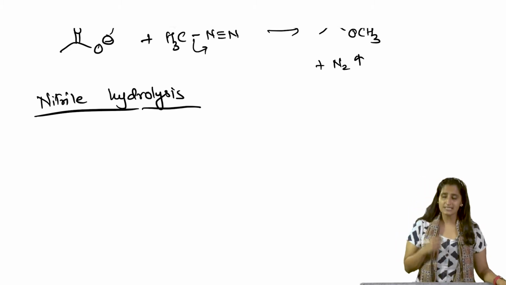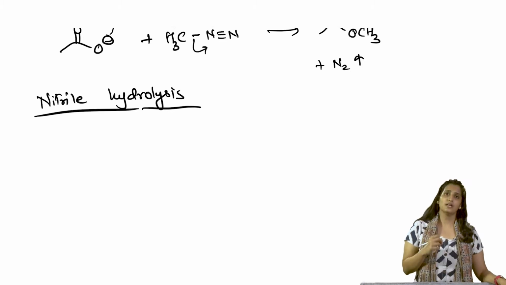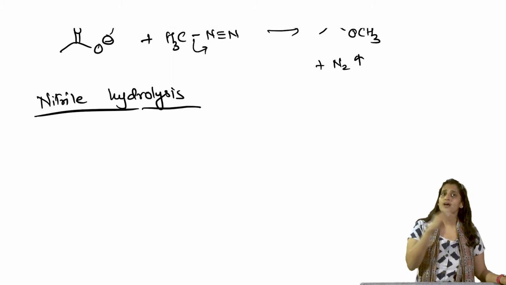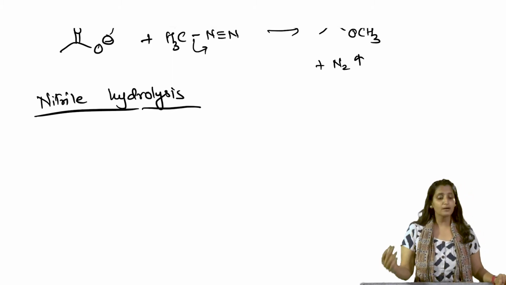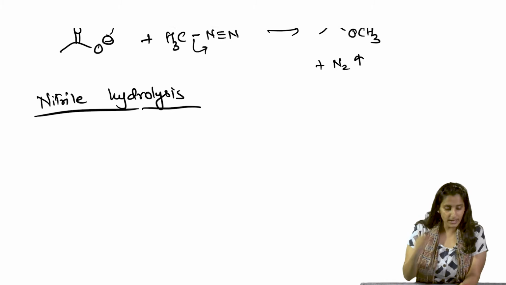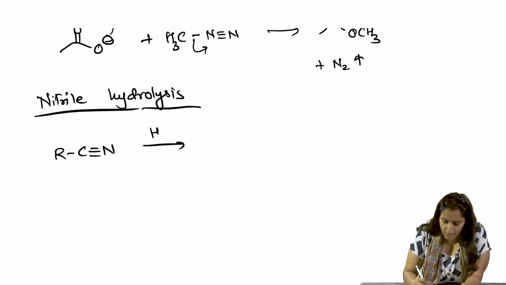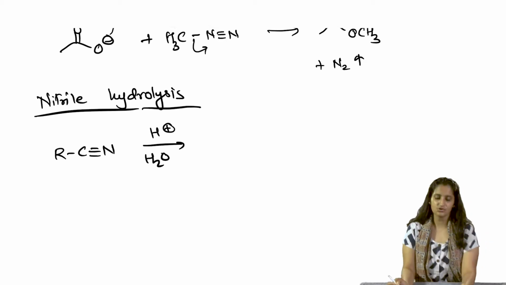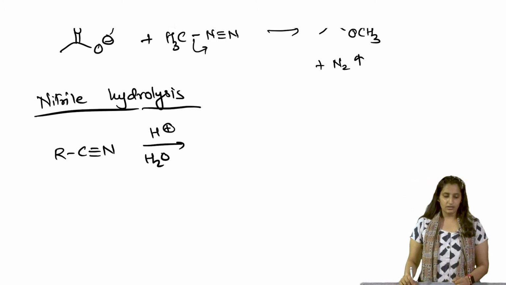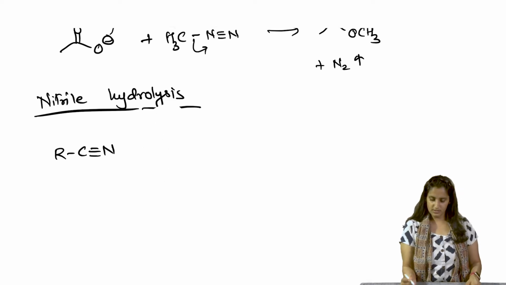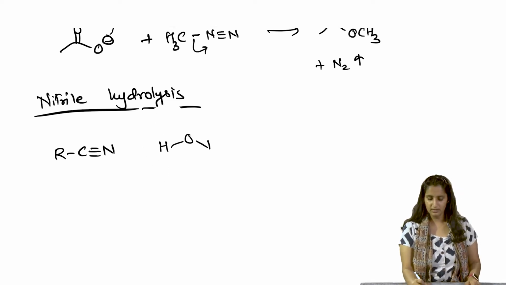But nitriles can also get hydrolyzed. So, in the case of acid hydrolysis as well as base hydrolysis, both ways they are going to end up as carboxylic acid. Okay. So, let us do a reaction wherein we try to do an acidic condition hydrolysis. So, we have RC triple bond N and we have H plus and H2O. Okay. So, it is basically H3O plus, and we are going to start doing the reaction. So, instead of writing it this way, let me write it in the correct manner.